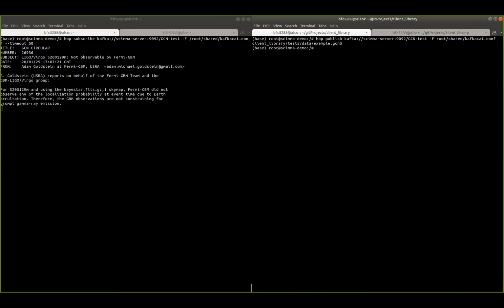So the use case here being another user also using Hop client wants to publish a discovery that they have, and over here a subscriber is waiting for that message so that they can act on that discovery. So again, we'll post that same message and it will be read in real time here on the subscriber side. And this has all been done with a local Kafka instance, but